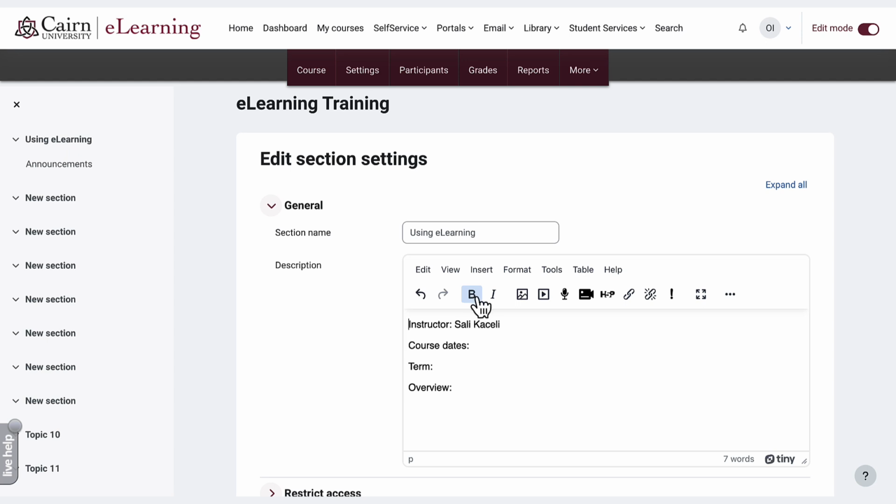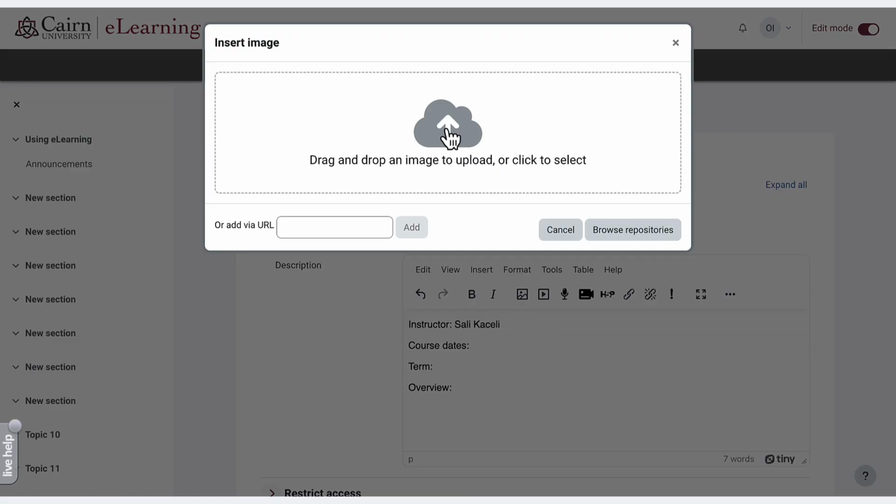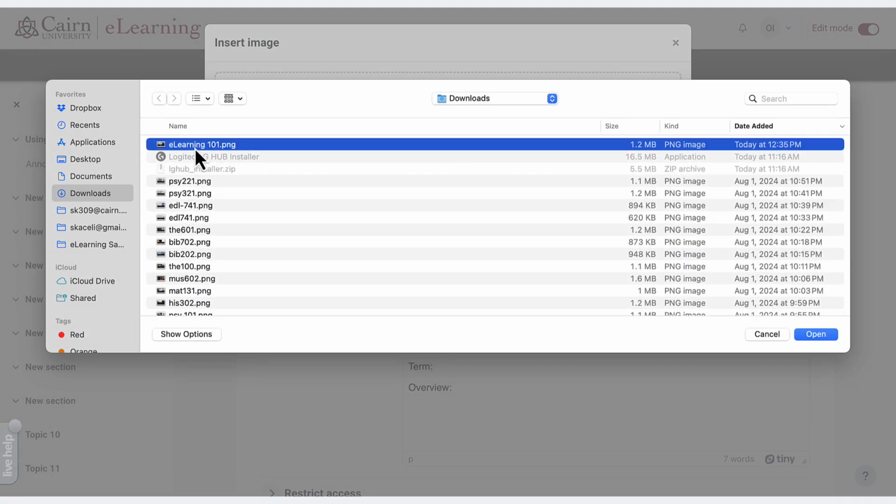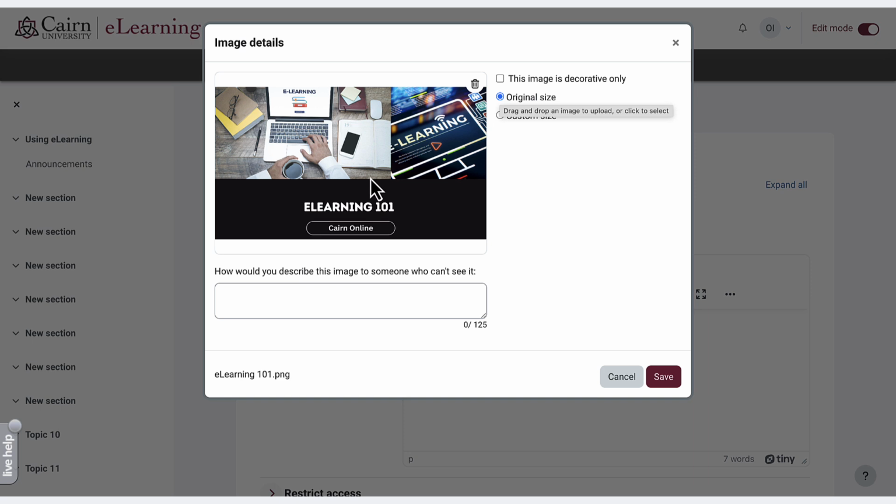Here you can use any of those tools, including options to record a quick video or an audio file. In my case, I'm going to show you how you add an image as part of the course overview area. Go to the very beginning, click on the image option, click to upload, select my file, and then you could set it to be the original size, but it's going